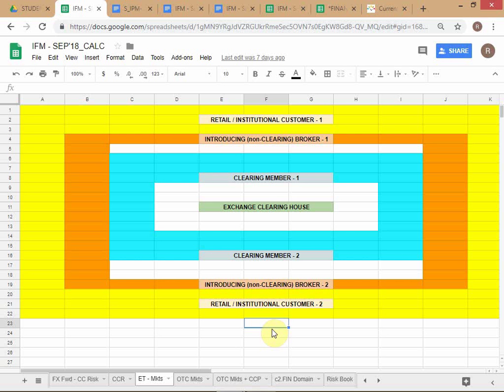The maintenance margin is a minimum level. If the margin falls below the maintenance margin, you will get a call from the exchange. You have to top up back to 10K, back to the initial margin level. So there is a threshold that they will set, 2K, 3K, whatever it is. The moment your margin falls below that, you will get another call. It's called a margin call. Sir, if the balance goes down, then we cannot trade until we top up. Yes, you have to top it up back to the initial margin level. That's called a variation call or margin call.